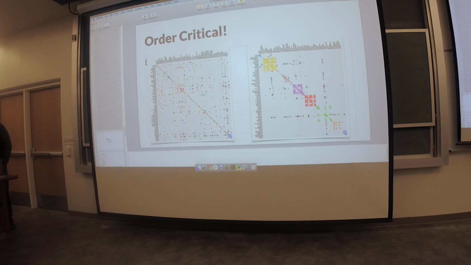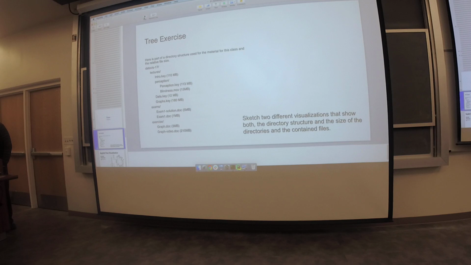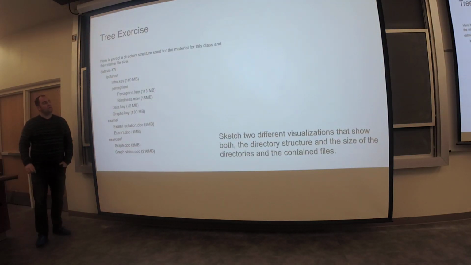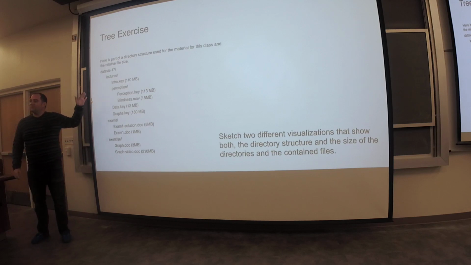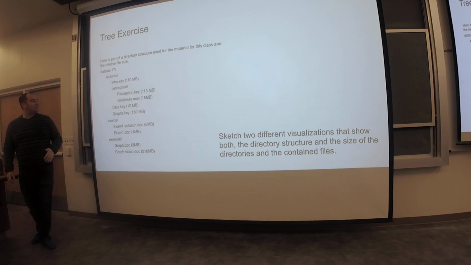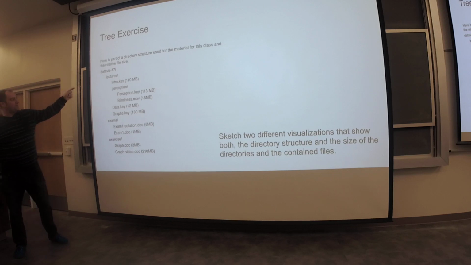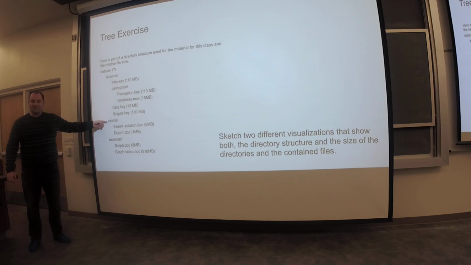So now I want to jump into trees, and here specifically into an exercise. This is kind of like a multivariate tree exercise. This is my data, my folder hierarchy that I have from the visualization class in 2017. So you see, and this is a subset of it, you have DataVis 2017, then you have the lectures, you see a Keynote file, then you have a subfolder, then you have some more Keynote files,